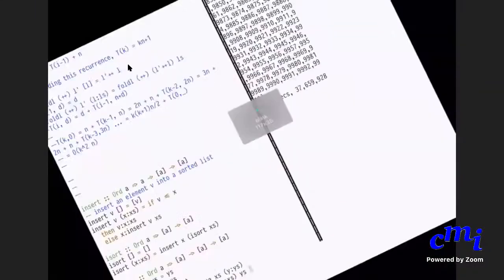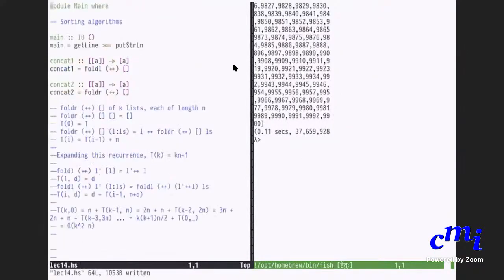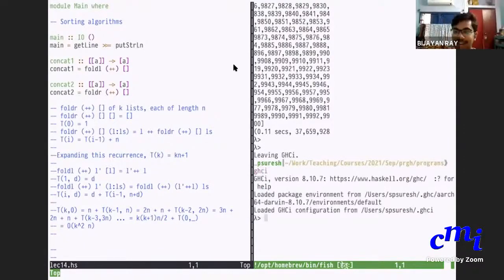Sorry. Something has happened. Royally screwed. The whole thing is gone, is it? Oh my God. I can't even do a clear or whatever. Sir, Control L is clear.